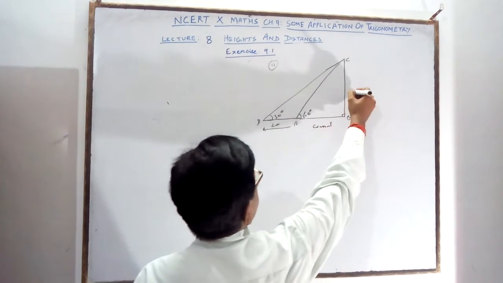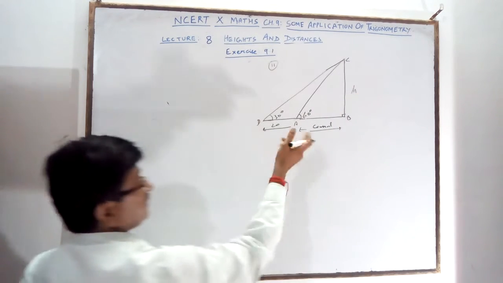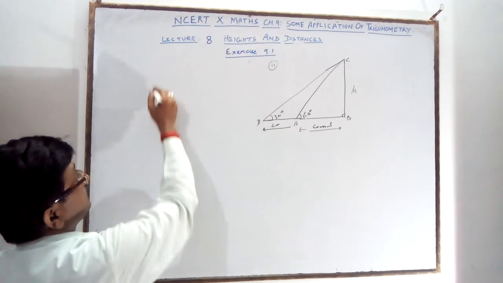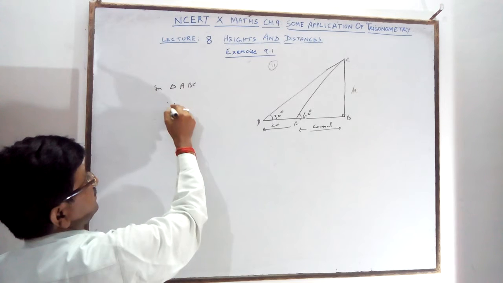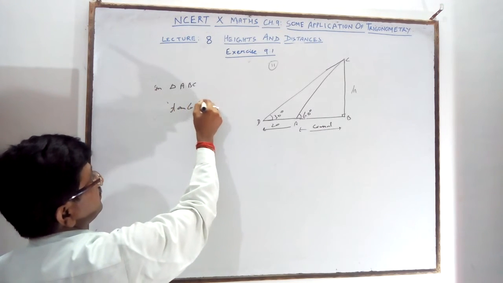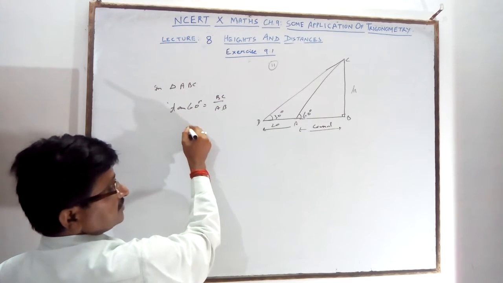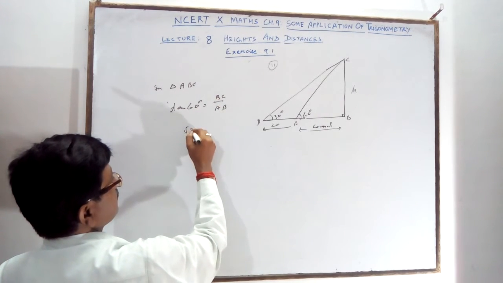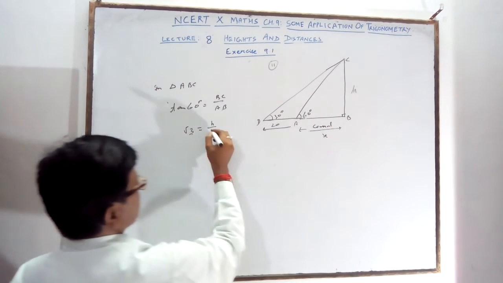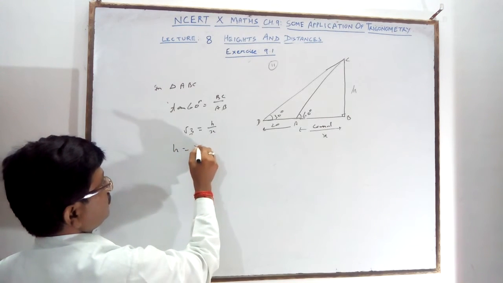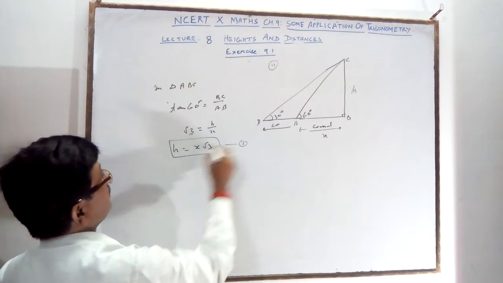You want to find out the height of the tower H and the width of the canal. Again here is a problem, no right triangle side is given. So you will again compare in triangle ABC, tan 60 degree is equal to BC upon AB. Tan 60 means root 3. Root 3 is equal to H upon X, if the canal is X, it means H is equal to X root 3. It is your first part, equation 1.